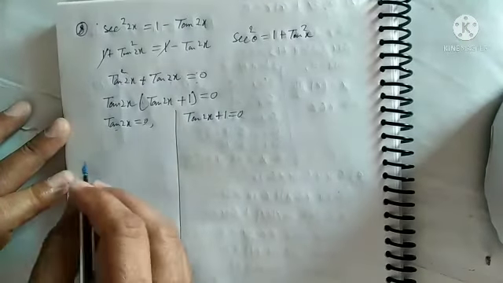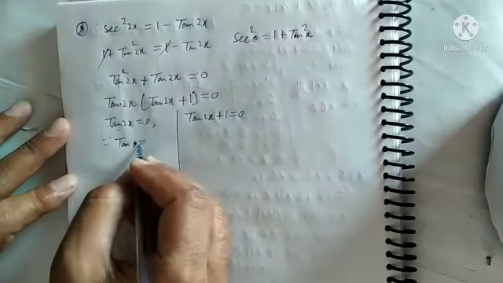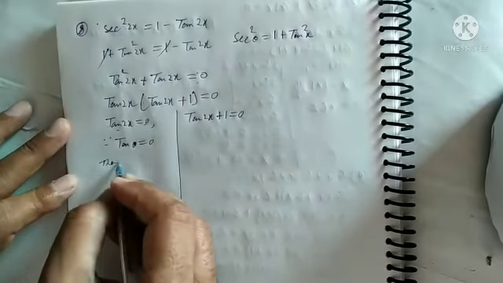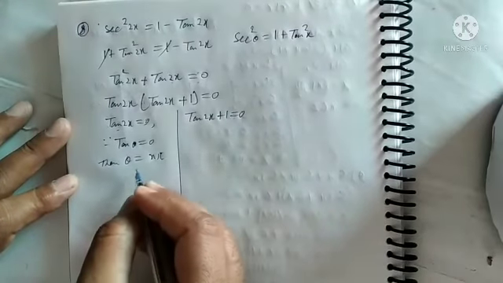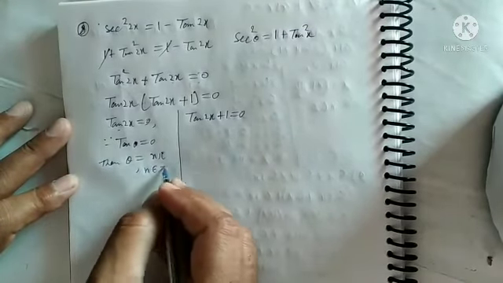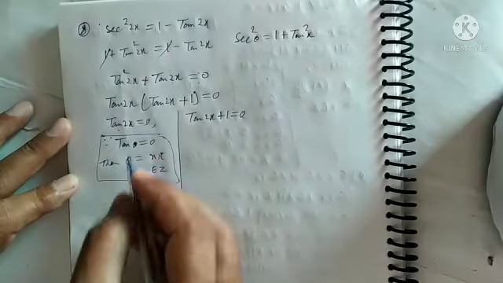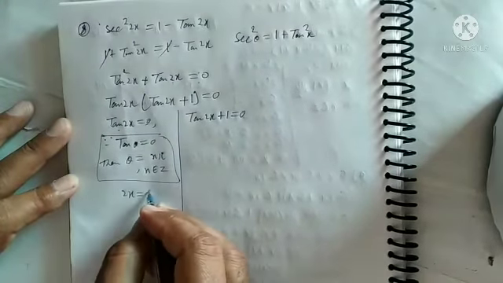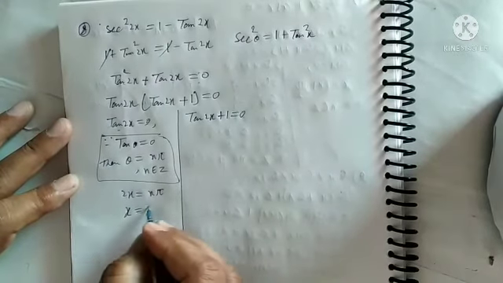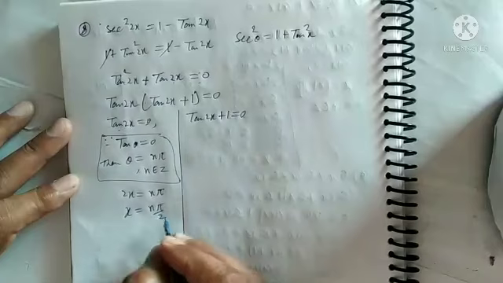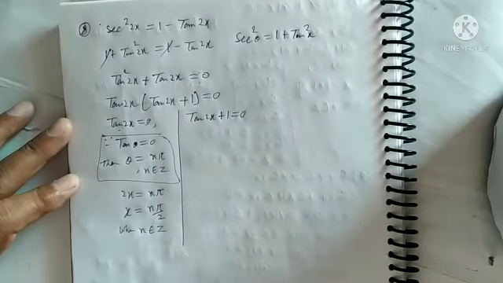Now after that we can solve this. Tan 2x is equal to 0. So which identity will apply? We know if tan theta is equal to 0, then you know the formula theta is equal to n pi, where n belongs to Z. So we will apply this identity. So in the place of theta write down 2x. 2x is equal to n pi. So 2 will go down. Then x is equal to n pi upon 2, where n belongs to Z.